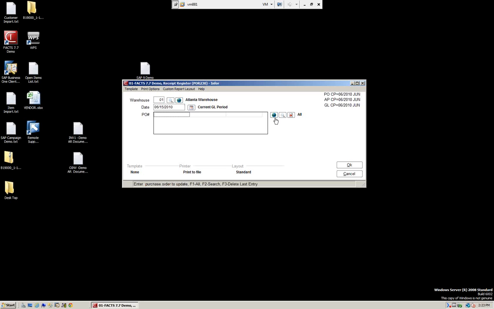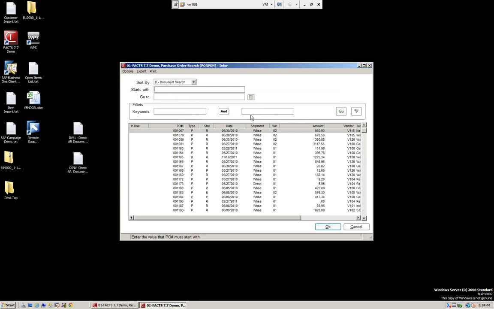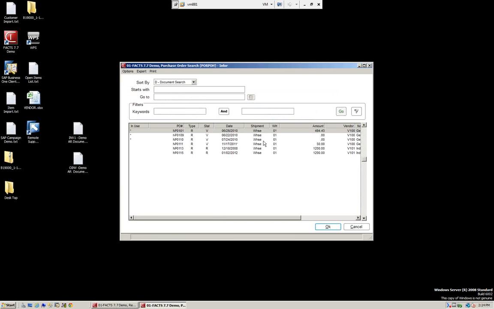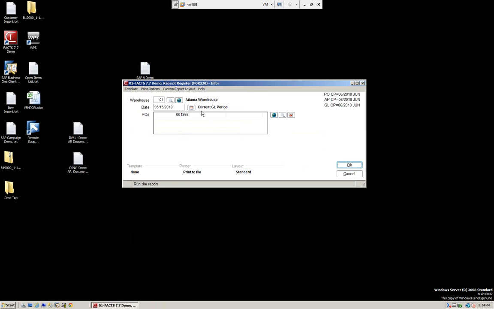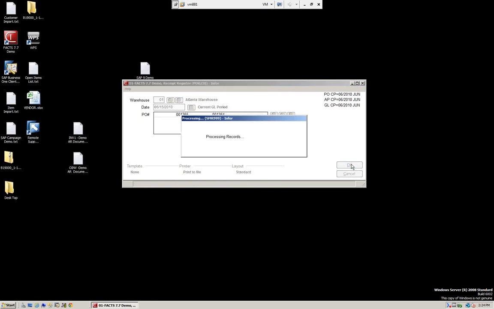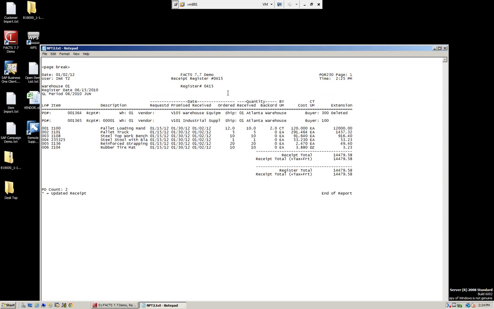And again, here I can select all the POs I want, or I can select just the ones I'm receiving. So let's take mine, for example. Let's actually take 1365. We can also take 001364. We can just type min if we want. But again, we're going to go ahead and print this. We're going to click OK. What it's going to do is give us our register. So we're looking at POs right here, 1364,